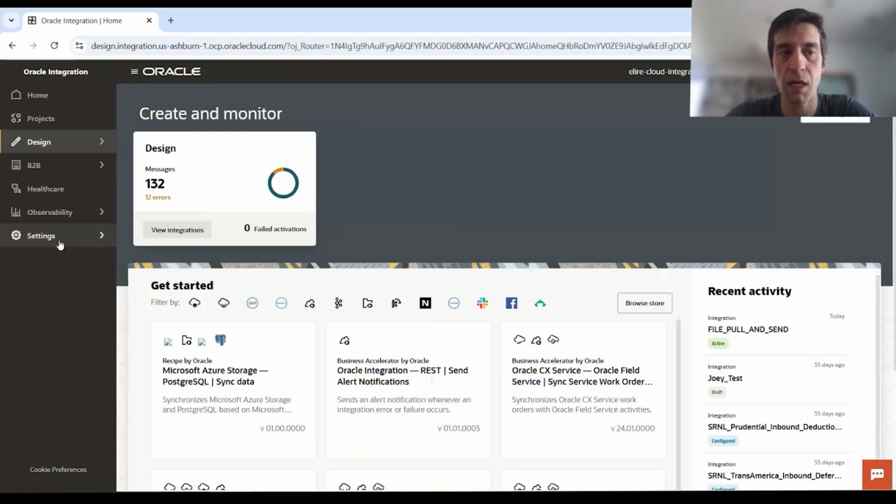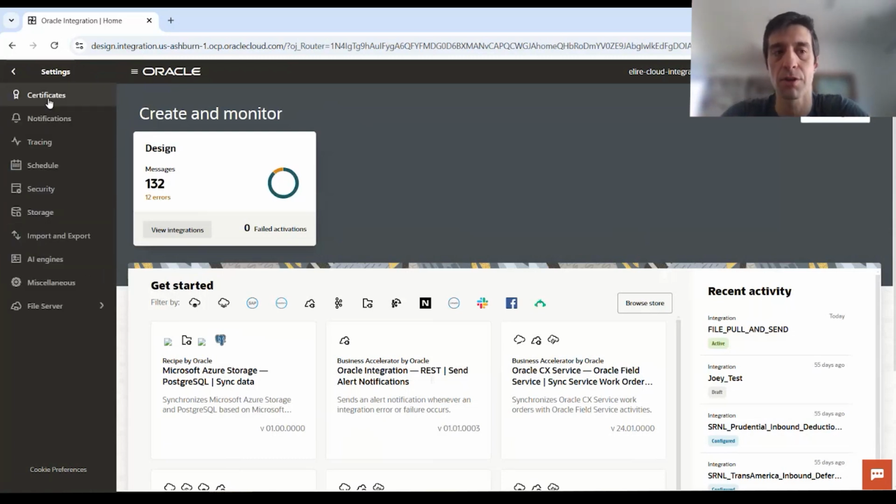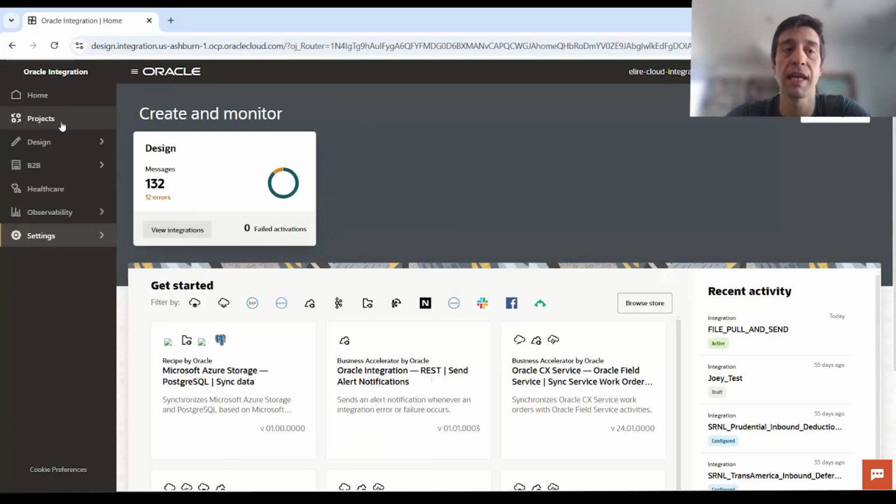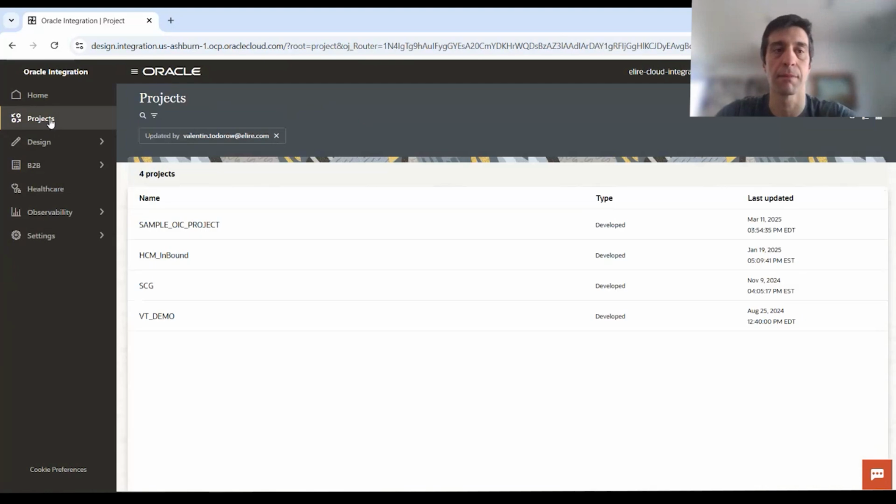The settings themselves are outside of the project, so anything to do with security, the storage, your file servers, you want to do at the highest level. But everything else you want to perform within the projects, including the observability, any business-to-business, internet connections, healthcare, robotics, you want to do within a project. So most of the time, I'll be talking about projects within